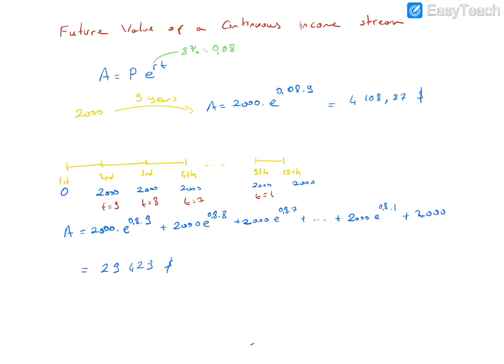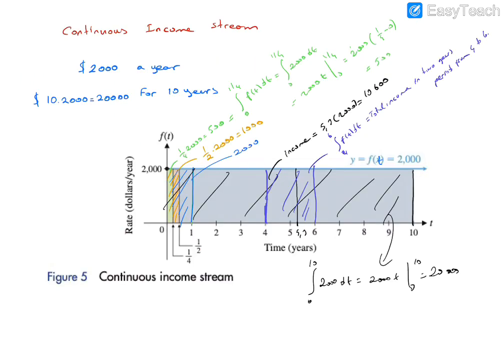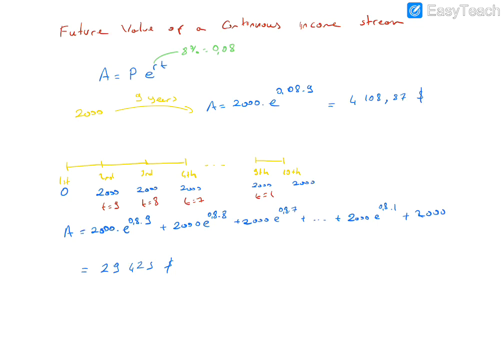$29,429. If you don't make any investment, your money will be $20,000. It is mentioned here, $20,000. But if you deposit your money after each year, your money will be this one, $29,429.